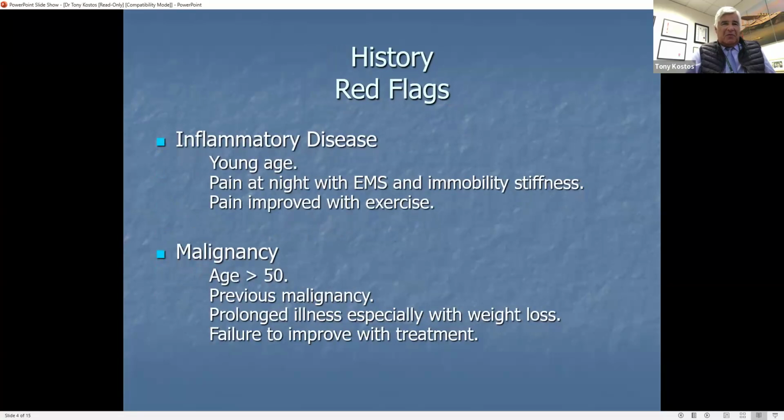So what are we talking about, the red flags? We see a variety of inflammatory diseases, and some of these diseases affect the spine. This is called ankylosing spondylitis, and this typically affects younger males, but the typical history of inflammation is pain at night, stiffness in the morning, and actually when they start to move around, their stiffness improves. But unless you ask for this history of inflammatory pain, you will miss the diagnosis. Over the years, I've frequently seen many patients where the diagnosis of ankylosing spondylitis is missed.